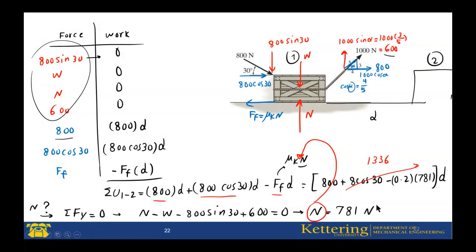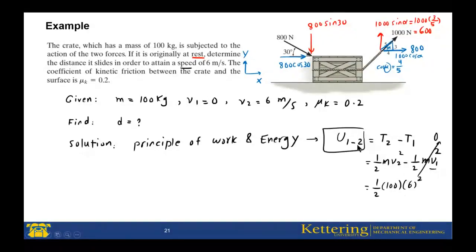Now, I found the work that is done by all external forces. It is 1336 multiplied by D. I will equal this one with this equation. This, I found it. 1336 D equals this one. If you calculate it,